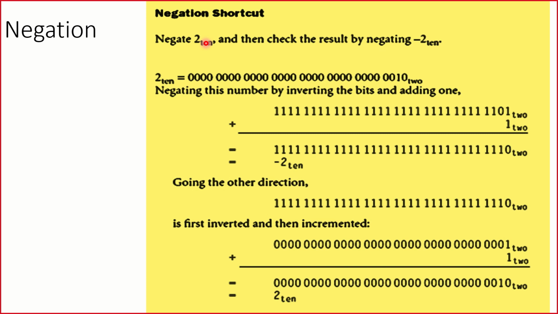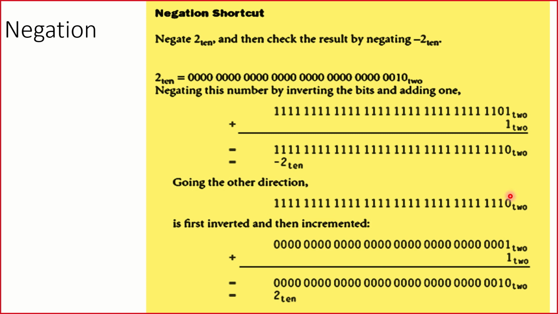So see that here, the 2 is represented in 32 bits. Now how do we negate it first? We are going to negate it by inverting it, and then we will add 1 to it. What is it called? Very simple, the 2's complement method that we are following. So I negated it all, and I added 1 to it, so this is the result that we get.